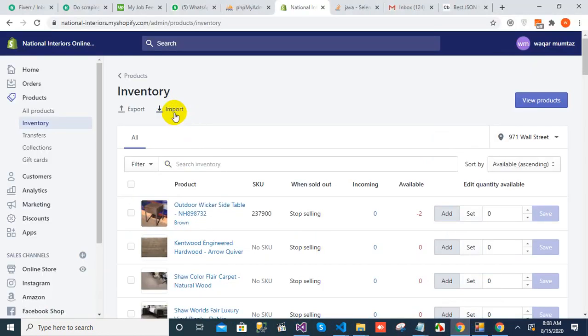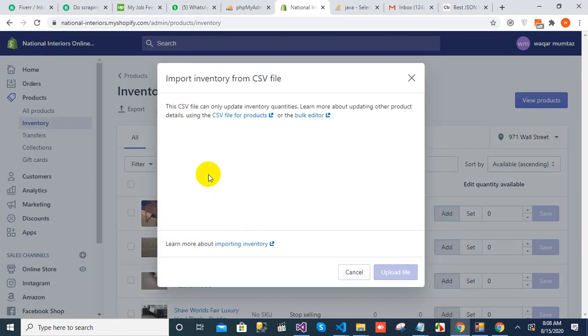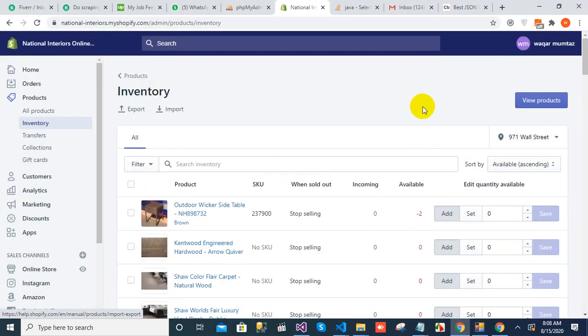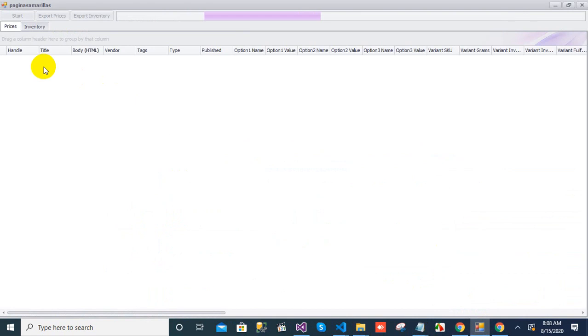and for inventory you have to click on import, add file and upload file. Okay, so here is